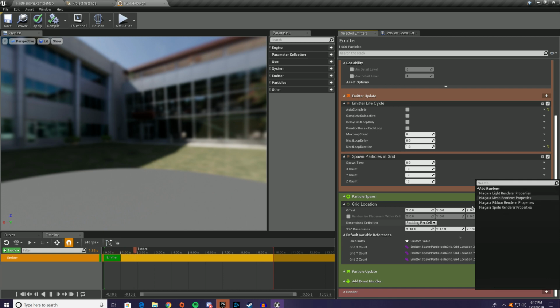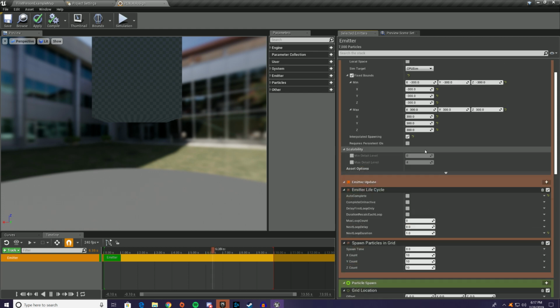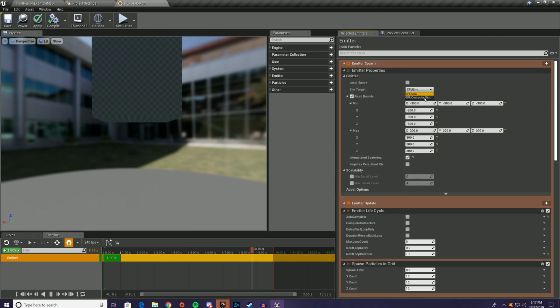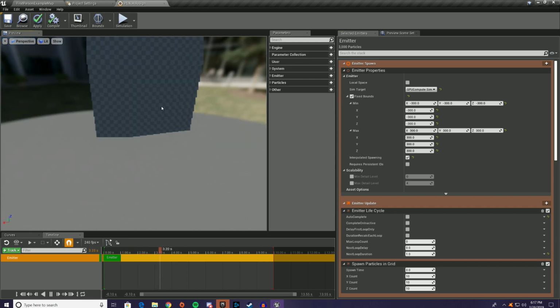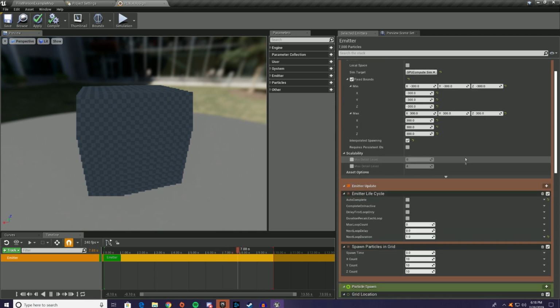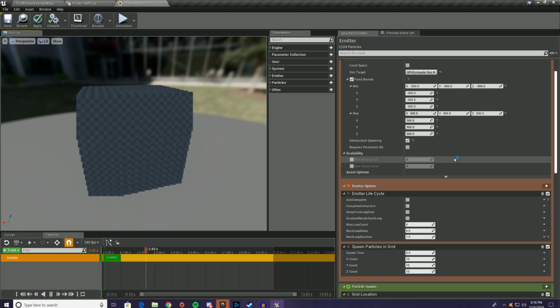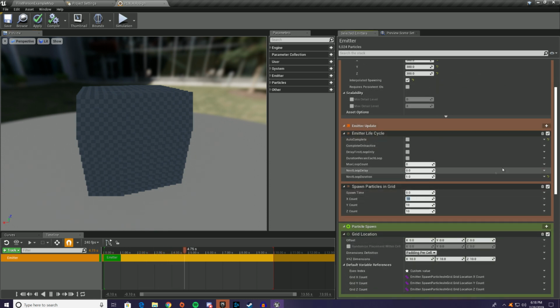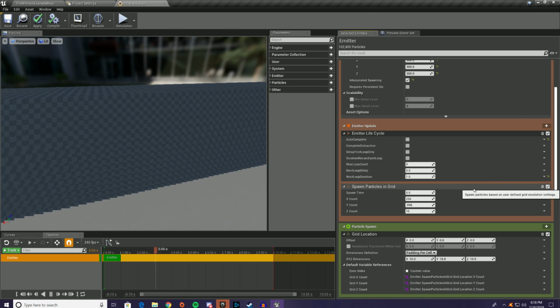I'm going to go down and add a new renderer, and we're going to add a sprite renderer so that there's something here so that it doesn't yell at us. And then we're going to change this back to GPU, and fingers crossed it doesn't crash. It didn't crash. So weird issue. There will be things like that in an unfinished feature like Niagara. So just cut it a little slack. It's a little frustrating, but it's something that I figured out a workaround for. So you should be able to get this to work without that